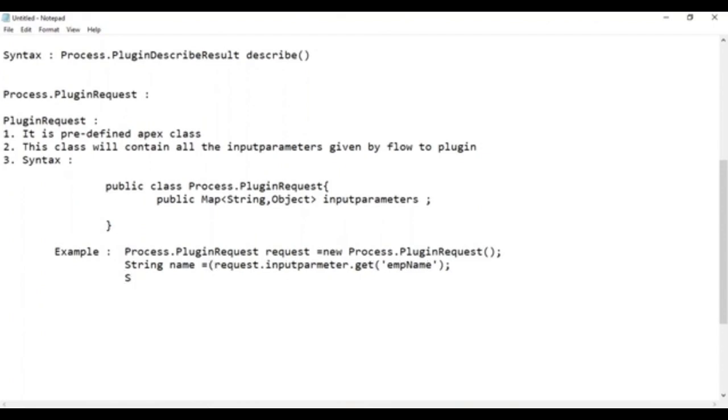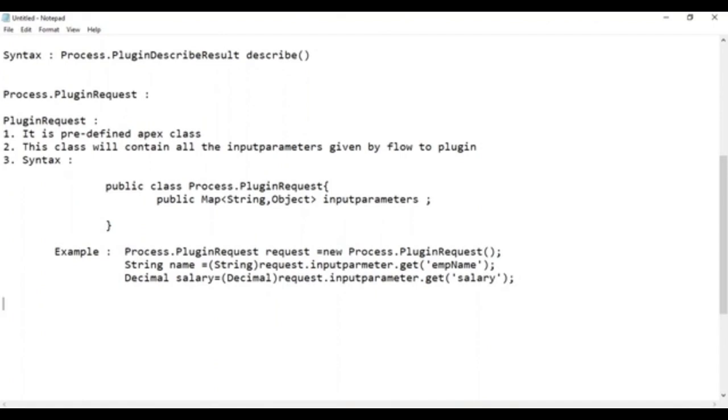It is in the form of object, right? We need to convert it back into string. Decimal salary equal to. Why am I typecasting? Because it is in the form of object. I cannot use it in the form of object. I am typecasting and using it. EMP name,